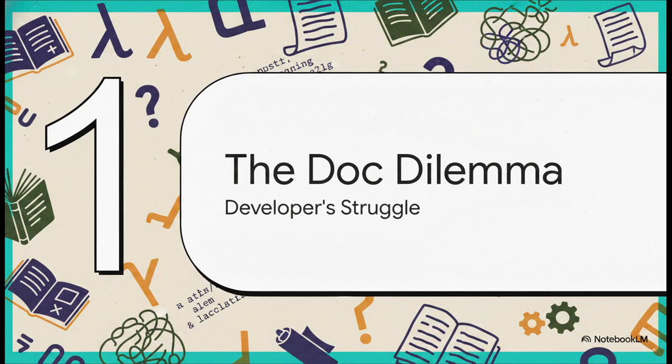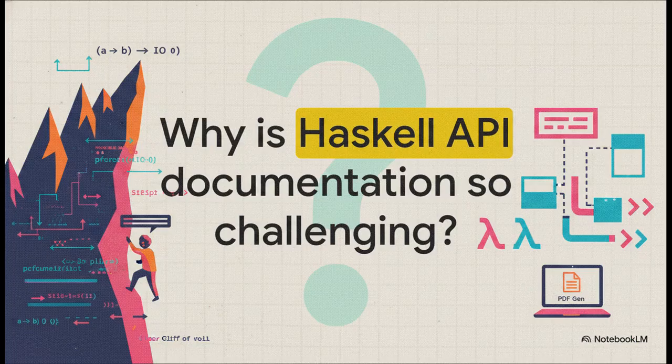All right, starting off with Section 1, the documentation dilemma, navigating the developer's initial struggle. Before we can even think about writing a single line of code for our PDF generator, we really have to understand our tools. And that brings up a massive hurdle. I mean, if you've ever stared blankly at Haskell type signatures, you've probably asked yourself, why is Haskell API documentation so incredibly challenging? You're just trying to build a basic tool, but getting into the libraries feels like scaling a